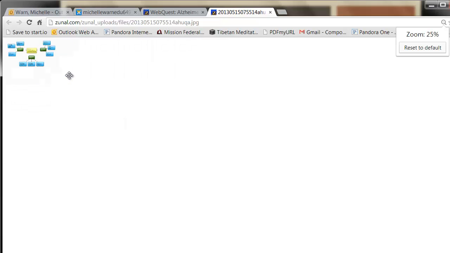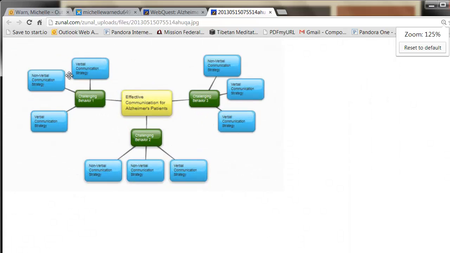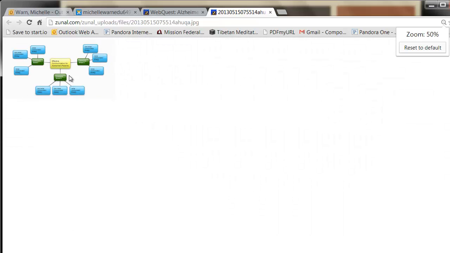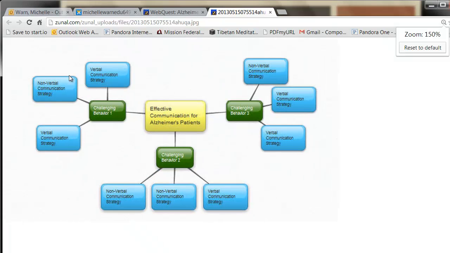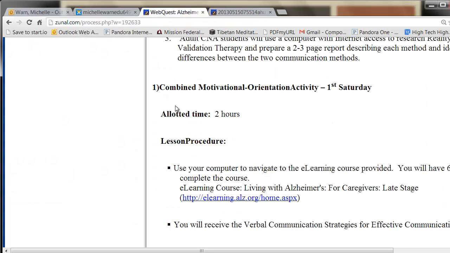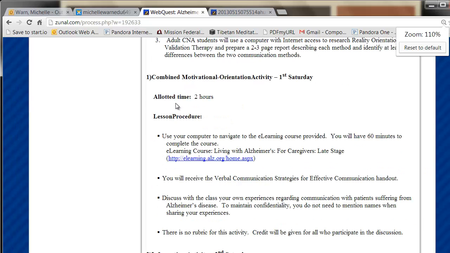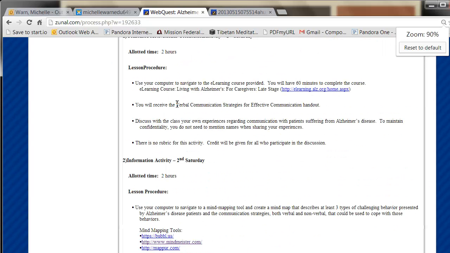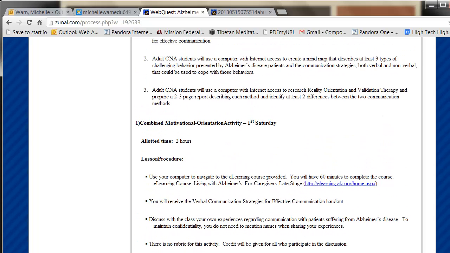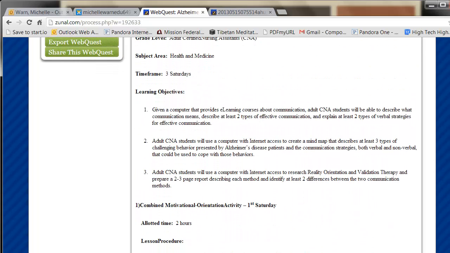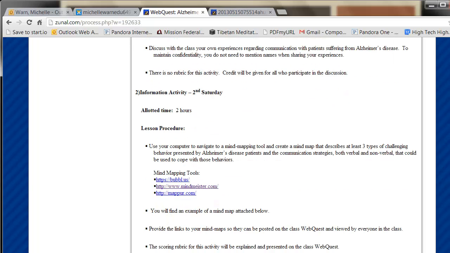Okay, and her mind mapping page. And here's the mind map that she's using as an example, which is great. Very useful, very helpful. And then she's got it all laid out for them, and then they have to fill in the information. Okay, back to the lesson. Her third Saturday,